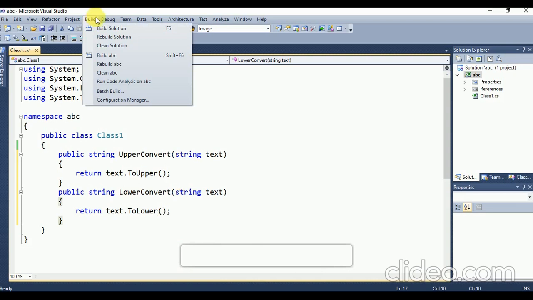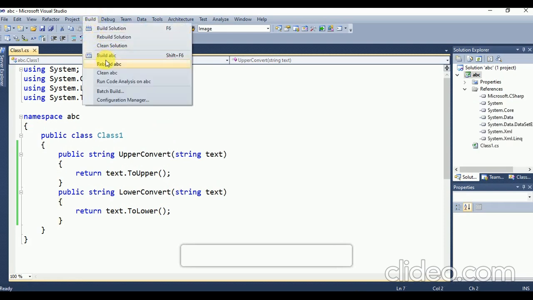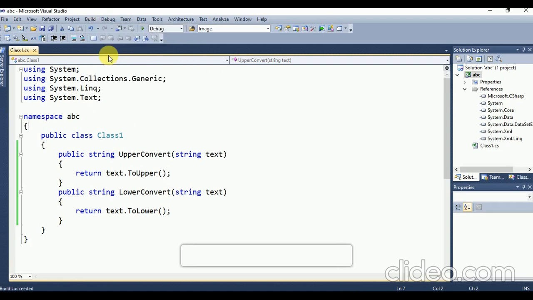Now build solution. And build project, that is ABC, our project name.